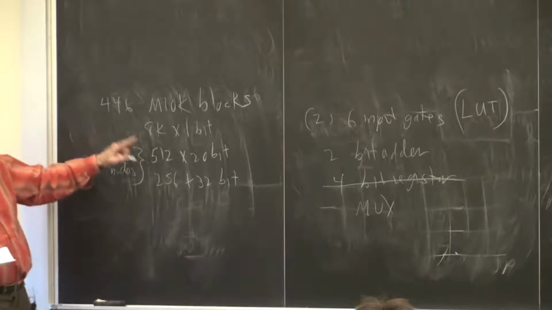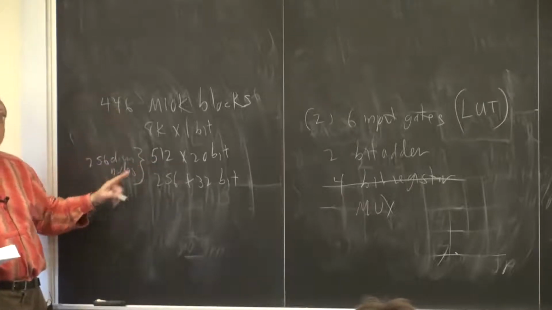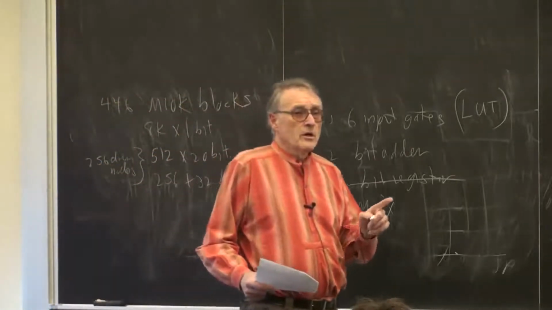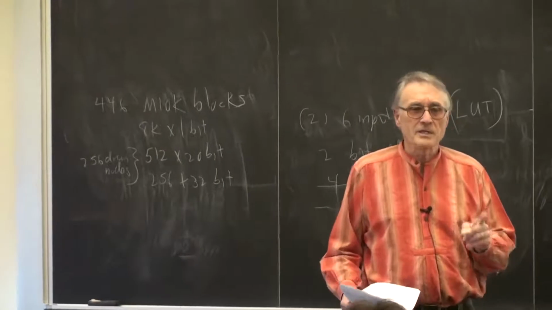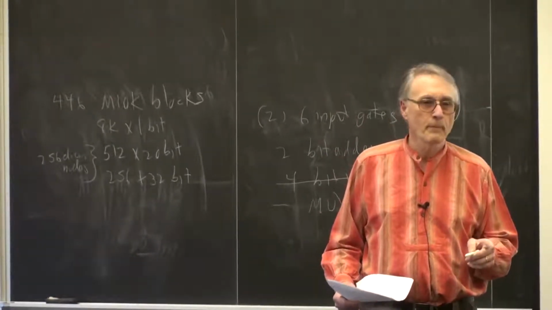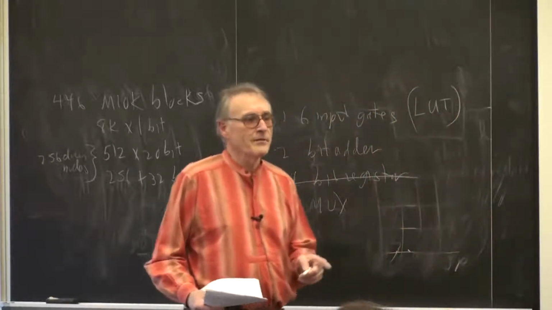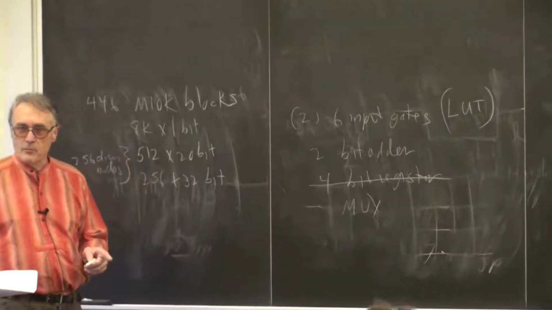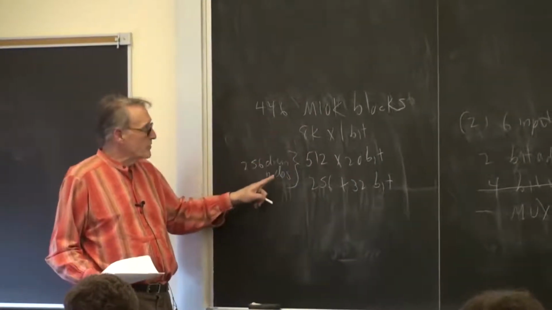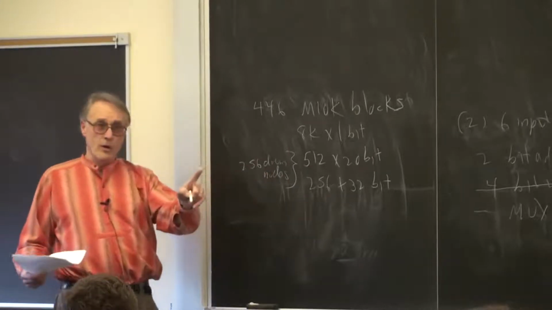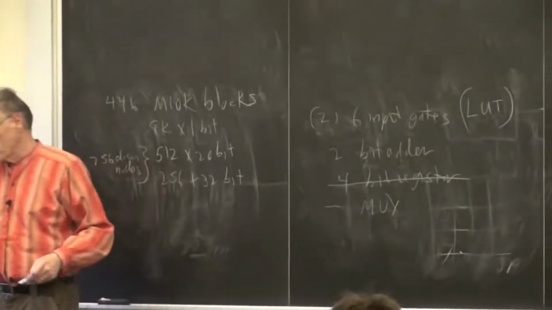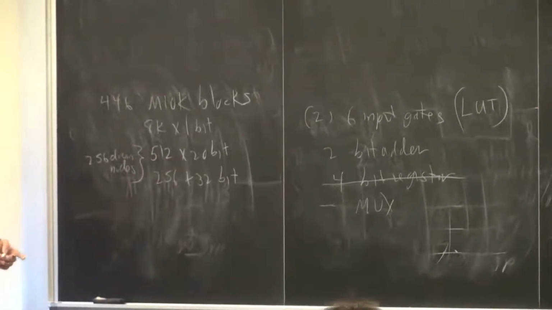So if you could use all of these memory blocks, oh yes, and an important thing is that each memory block can do 2 operations on every cycle. It can do a read and a write on every cycle if you configure it that way. So you can get a tremendous amount of I/O bandwidth by using separate M10K blocks. And you can store lots of state variables, way more than you can store using registers. So you're probably going to want to use M10K blocks. However,